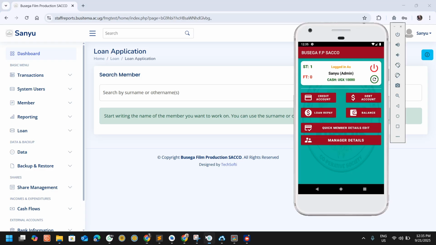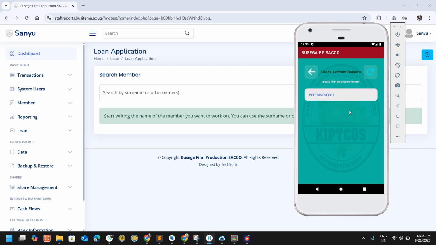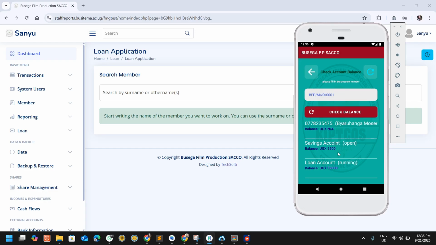When we go to our mobile and we head on to balance, when we type in Moses, we are able to see that this person has a loan account of 56,000. The 6,000 is the interest, and this person has the balance of 5,500. Now let's look